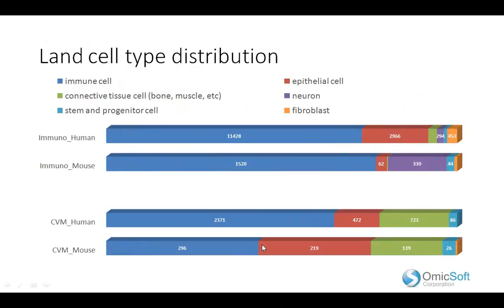And this is the cell type distribution. Most of them have a lot of immune cells, T cells, B cells, etc. And then epithelial cells and also neurons in ImmunoLand, and for CVMLand, we also have epithelial cells and also a lot of